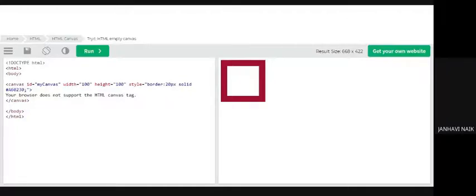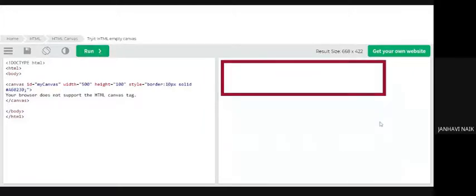Now I will show a Hello World program for you all. I just increase the width again. We'll say 500, and I'm just reducing that to 10.